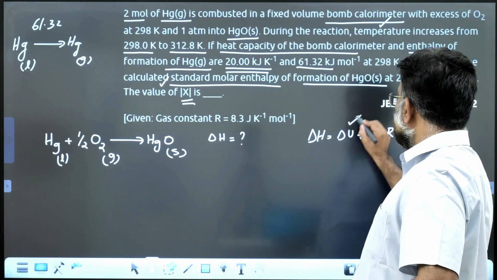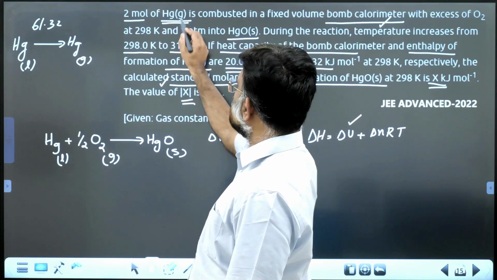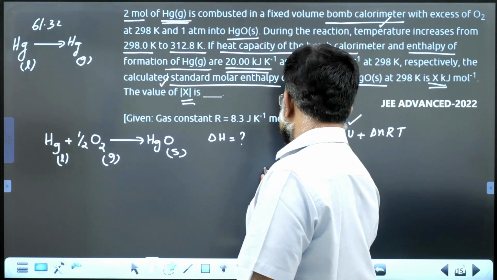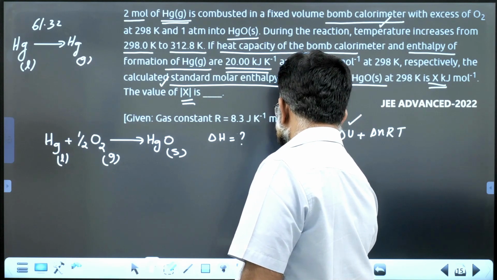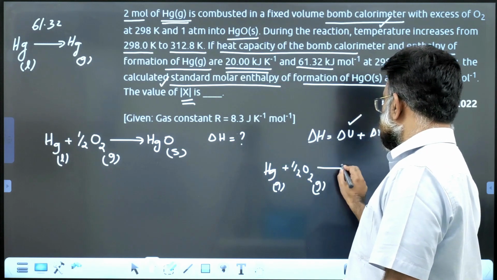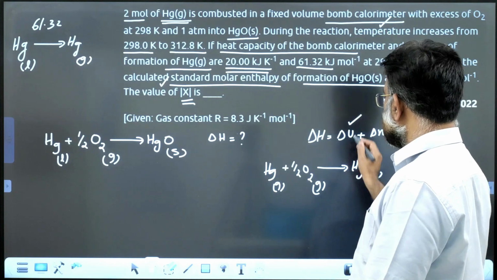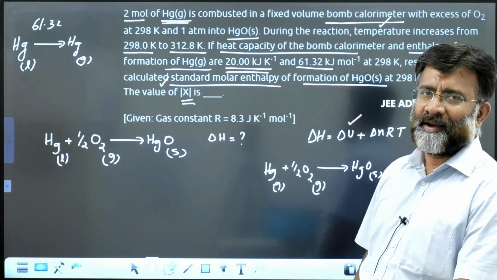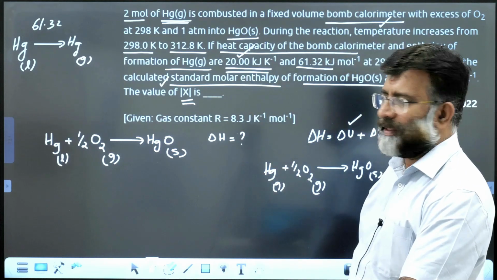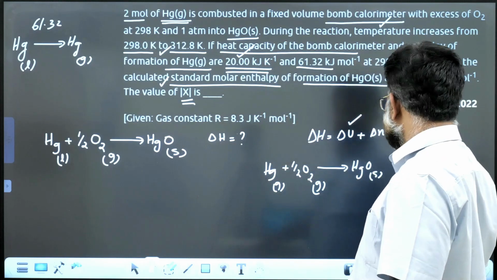So let us go for delta n. Delta n for the process Hg gas plus half O2 gas giving HgO solid. For this you can find out delta U. How to find out delta U? Heat capacity is given as 20 and temperature is given. So C delta T